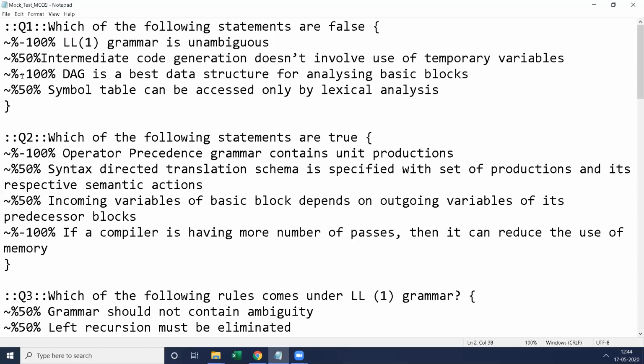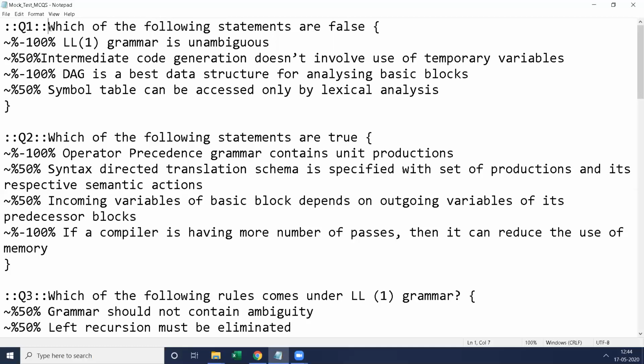If he chooses all the answers, that is the first, second, third and fourth choice, it is 0.5 plus 0.5 minus 1 minus 1, and the resultant value is minus 1. If it is minus 1, the system won't take a negative value, it gives 0 mark.